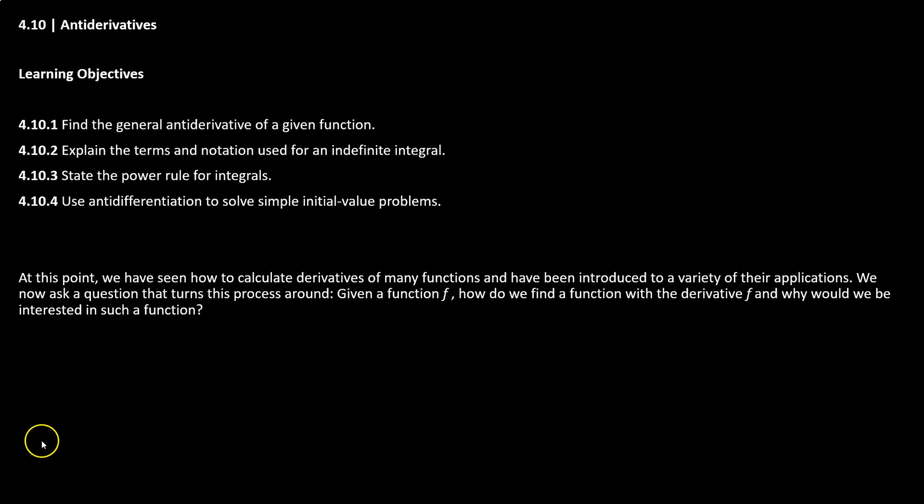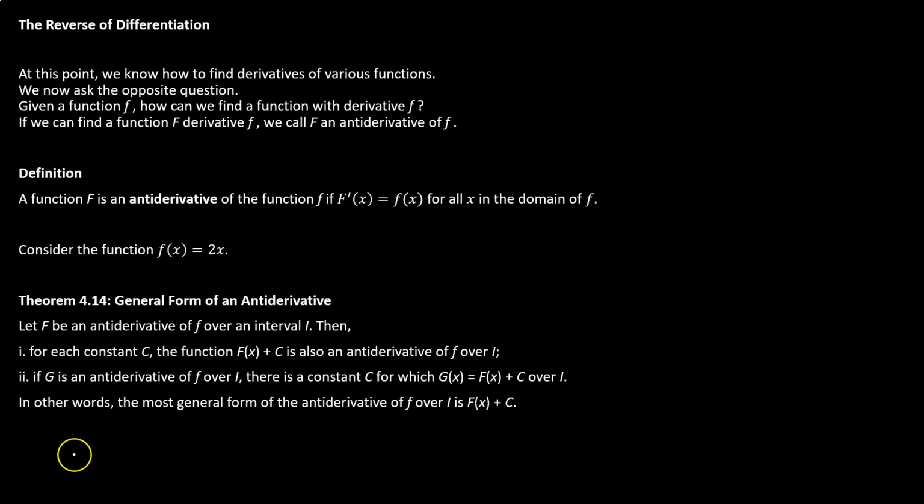4.10 Antiderivatives. This whole chapter we've worked on calculating derivatives and using them for various applications. Now we ask, how do we undo that? So if we're looking at a function f, can we find the function whose derivative gave us the function f? For example, f of x equals 2x. I'm looking for a function capital F so that when I take the derivative of it, the result is the